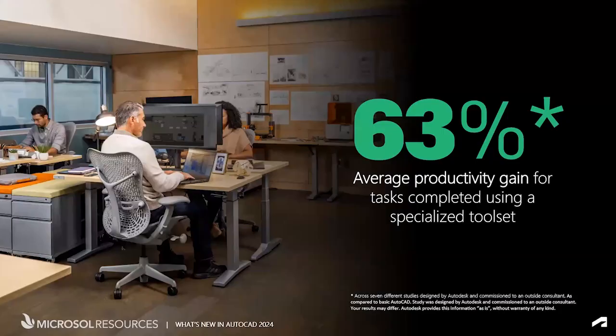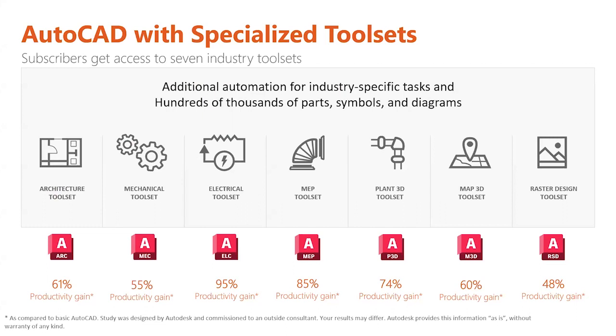As you know, users have reported remarkable gains in productivity when using specialized toolsets. To be a little bit more explanative of that, it's about a 63% increase in productivity. As you know, we have 7 specialized toolsets that range from the architectural toolset all the way to the raster design toolset. And customers have been able to save hundreds of hours in their processes across these 7 industries with these toolsets, which are now included with AutoCAD, but can also be installed as separate applications depending on your preferences